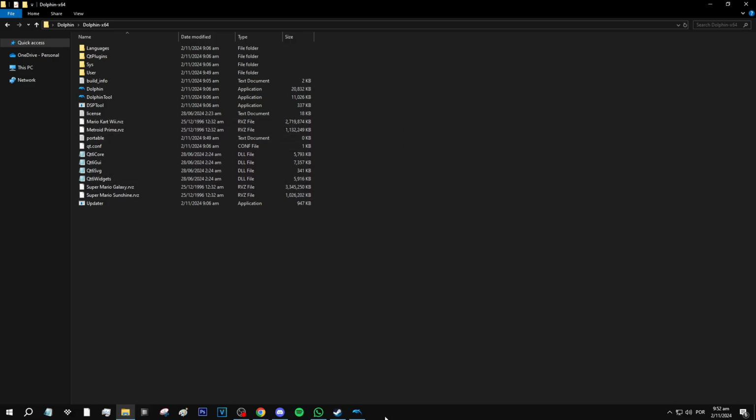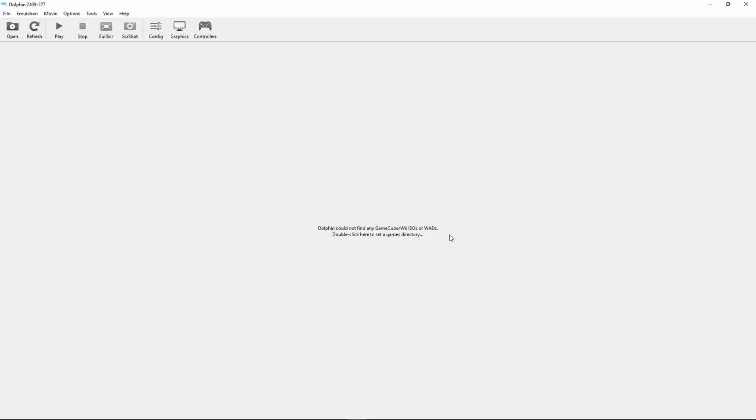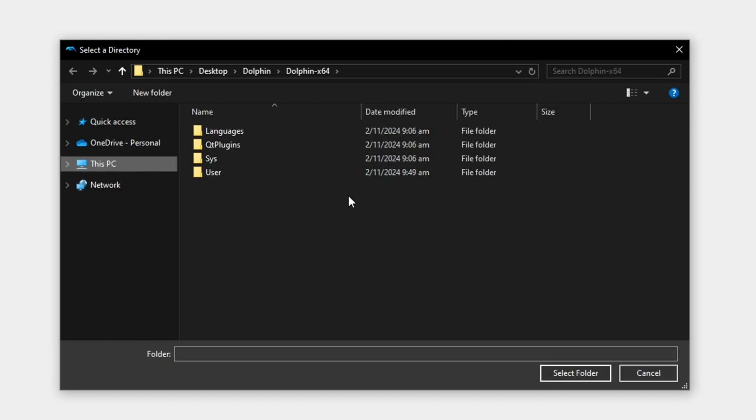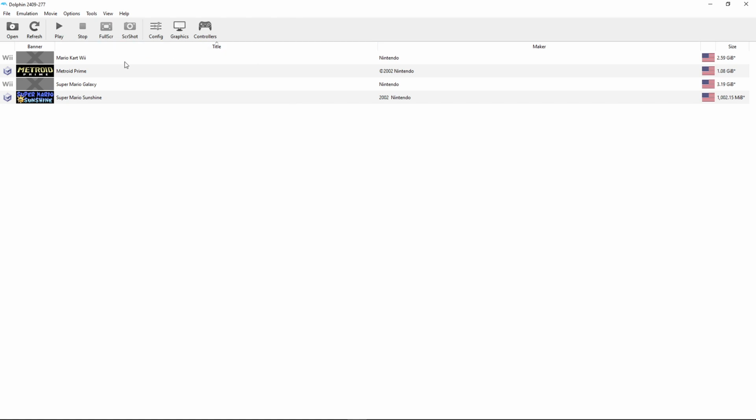Now, go back to the emulator, and right here in the middle or anywhere on this page, you can just double click, and it's gonna bring up this window, the emulator folder, which is also the place where I dropped my games, right? So now all I have to do is click on select folder, and my games will appear here. But remember, like I said, you can put your games anywhere on your PC and just set the emulator to scan that folder and your games will appear.